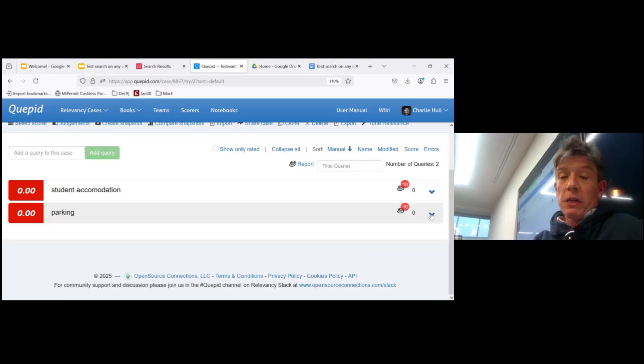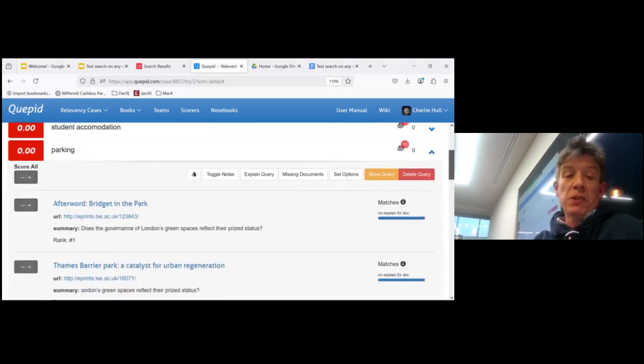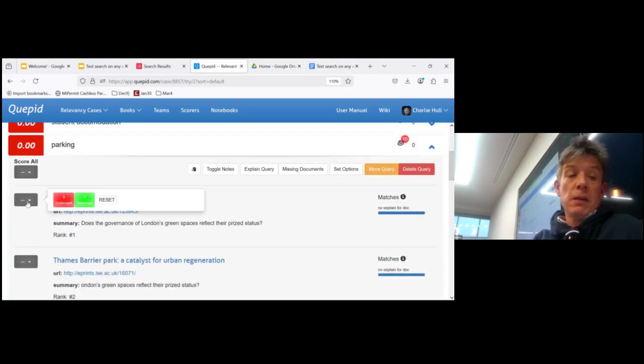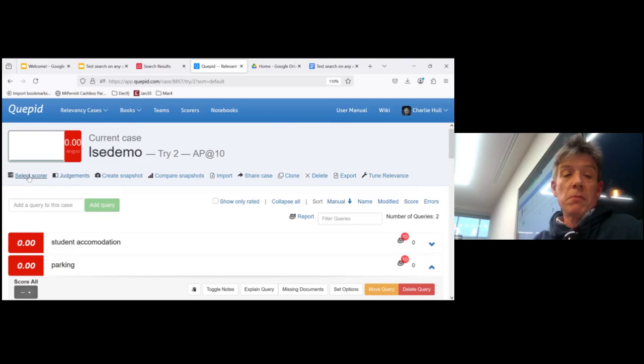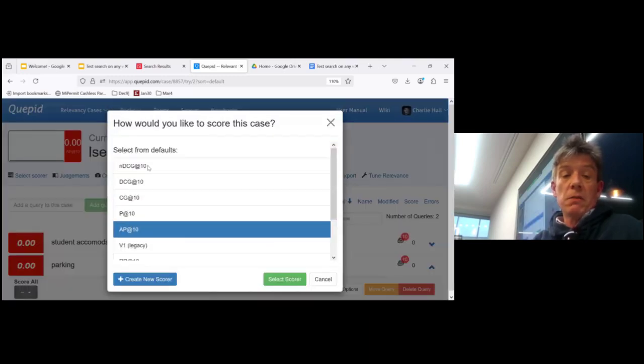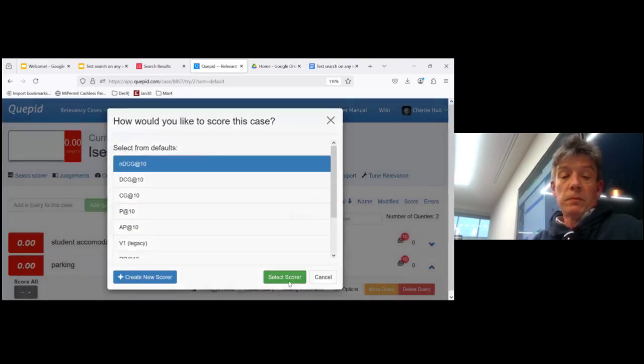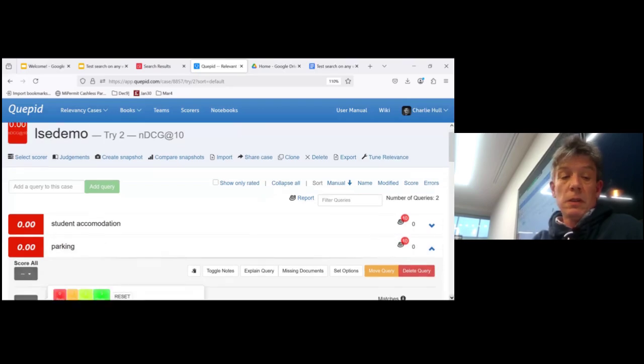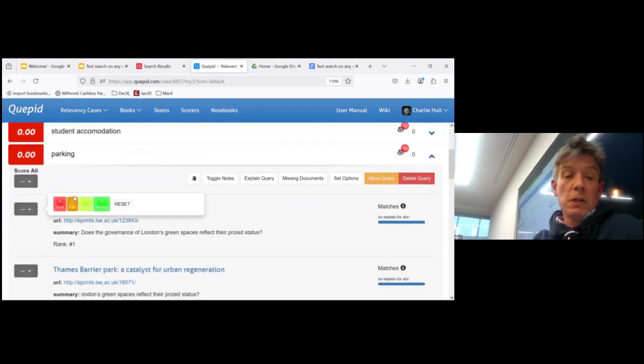So now what we could do is we could go through and we could start making some judgments. I'm going to change this. I just changed the score on this. Let's use a 4-point scorer so we can generate some NDCG numbers. So we think this one's fair, this one's poor.